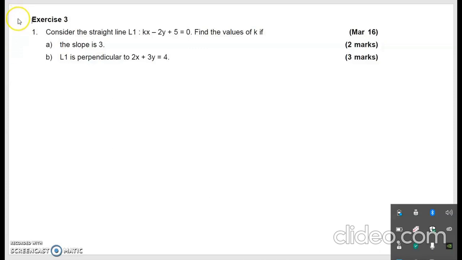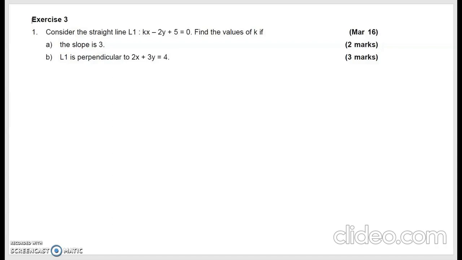Now we look at solution for exercise 3. Let's say question 1. Consider the straight line L1, kx minus 2y plus 5 equals to 0. Find the value of k if the slope is 3. So for question A, the slope is given as 3. So if we try to answer this question,